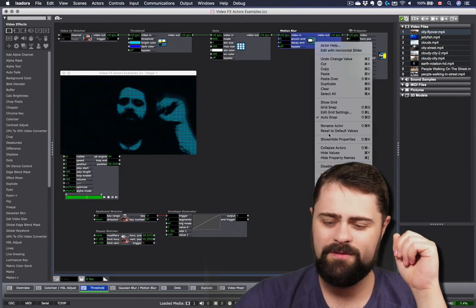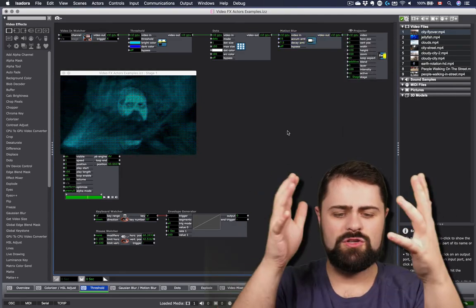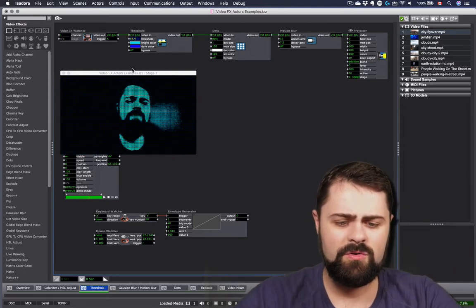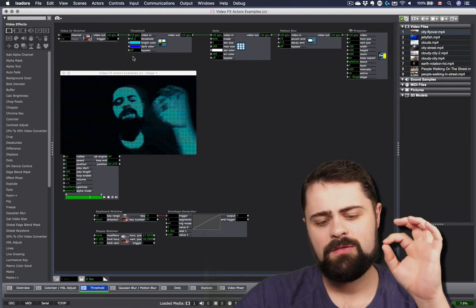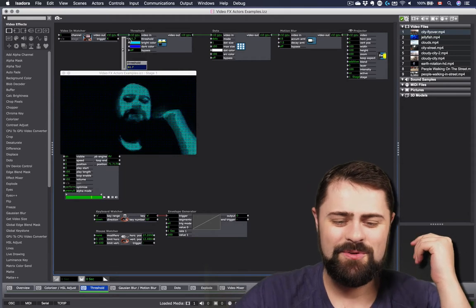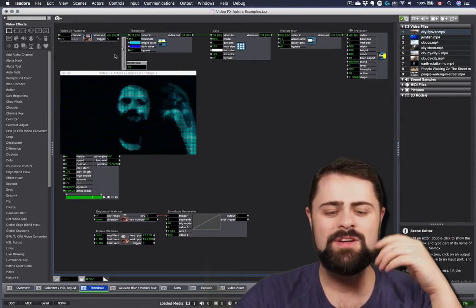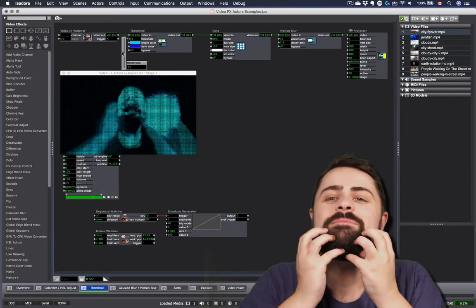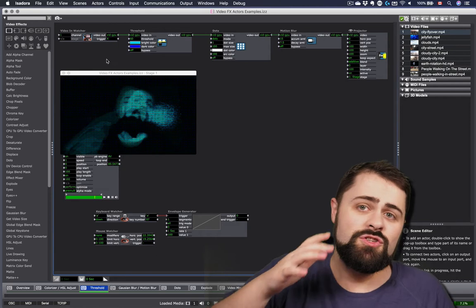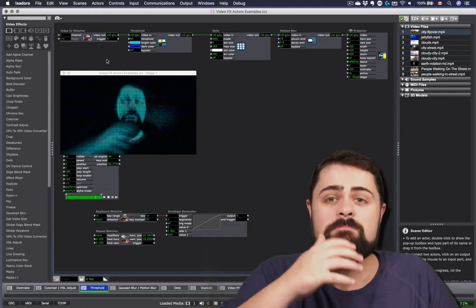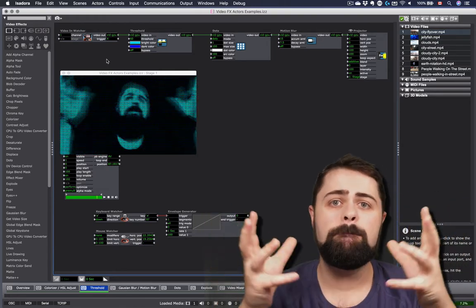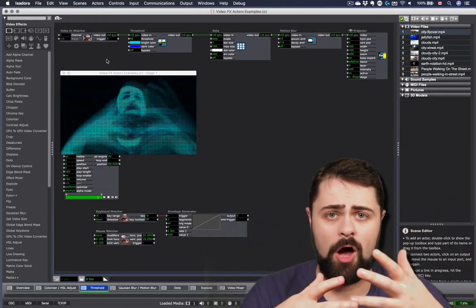I'm going to set that back to the default values though, because I actually quite like the initial effect that I created there. And maybe I'll just vary that threshold a little bit. No, see, I like the threshold where it is there because it takes out just enough of the green screen background to really create an interesting image, particularly with the way that it cuts out my whole beard too. So we'll keep that around 60. So I encourage you to simply be playful and explore how these different effects can all be combined together, layered on top of each other.